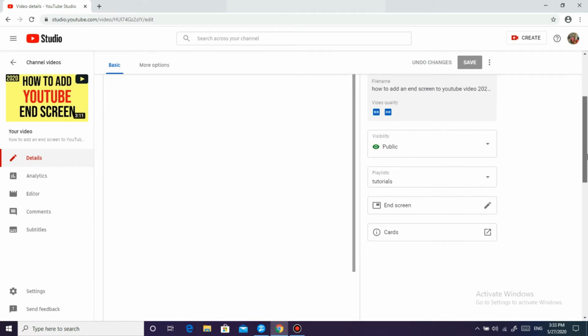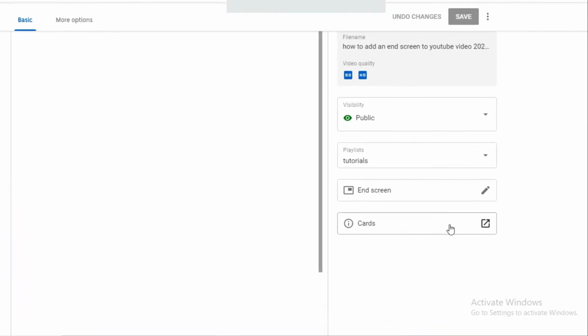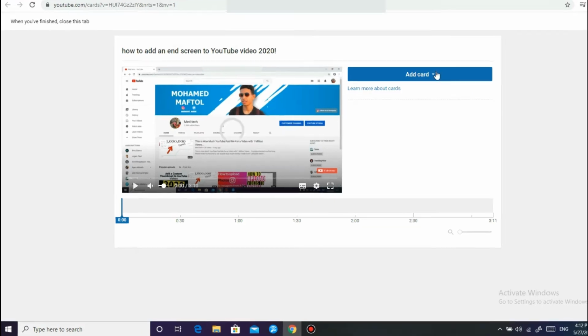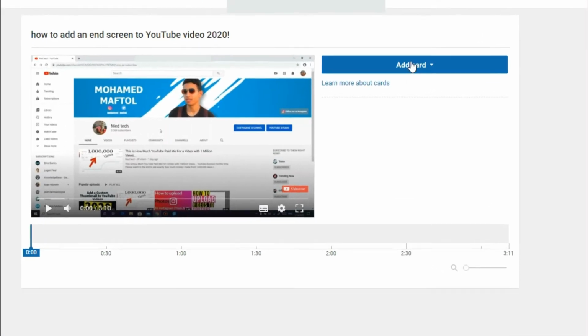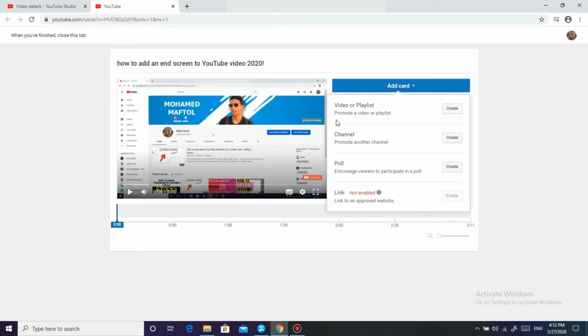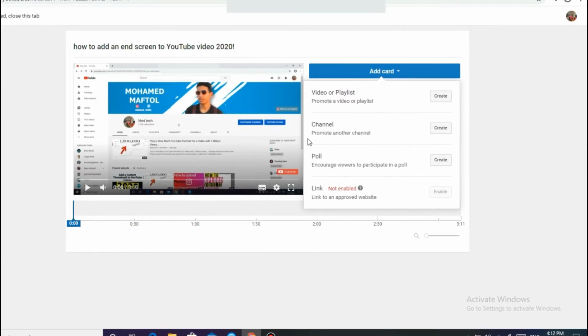scroll down. You will see cards. Click on cards, and here you will see an option called add card. All you have to do is click on it, and here you will see promote a video or playlist, or